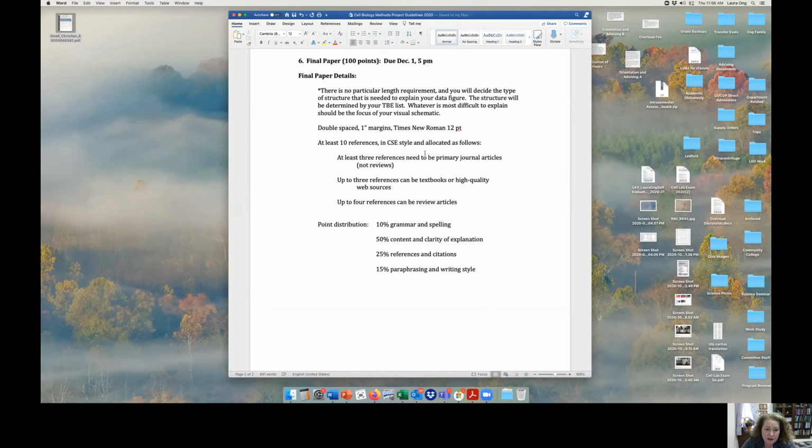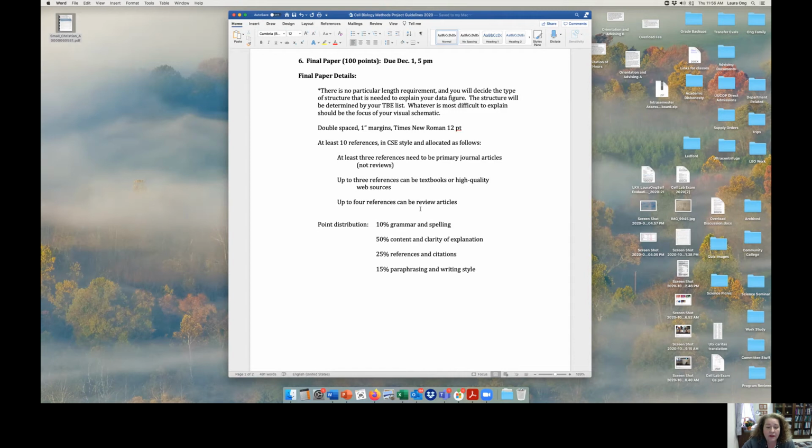So that's going to be the distribution of your references. They have to be distributed so that you have some of each. If you wanted to write this paper all with primary journal articles as sources, that's great, but that's harder to do